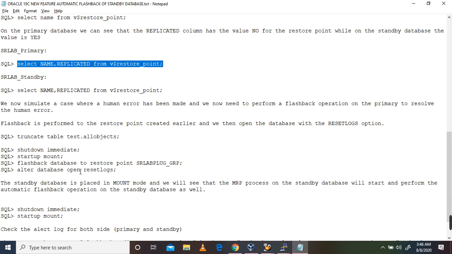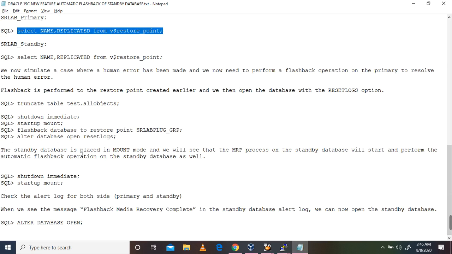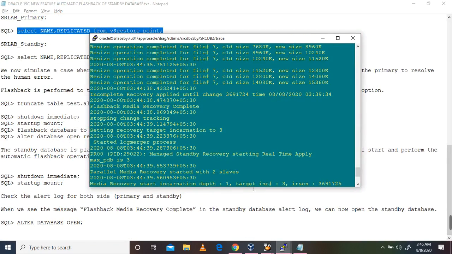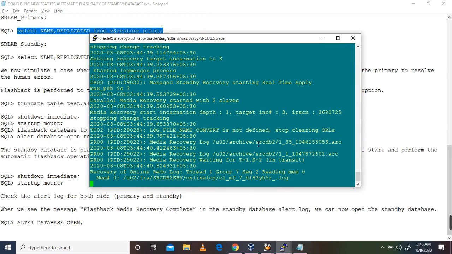So far we have done this. The standby database is also placed in mount mode, and we will see the MRP process on the standby database start and perform that automatic flashback operation in the standby database as well. Yes, here it is, I showed you all. This is what happened. Okay.